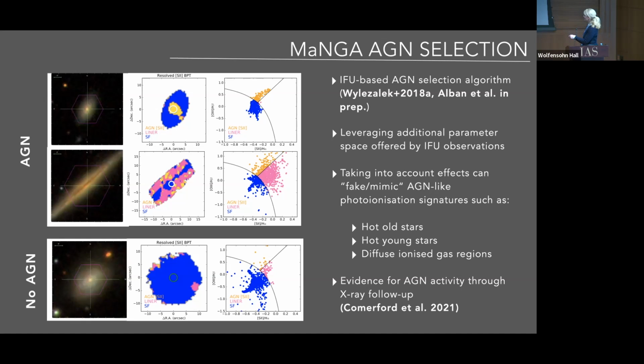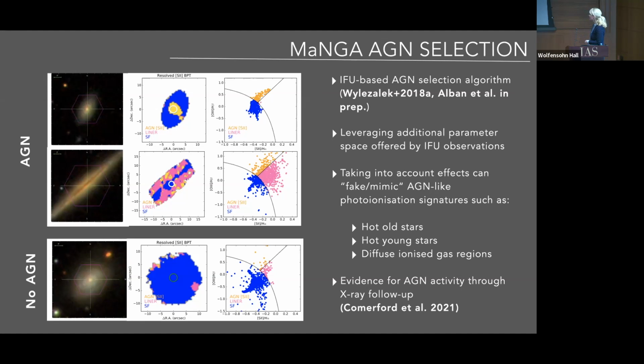But then this galaxy here, for example, we find that it is a likely candidate to host an AGN based on the BPT diagnostics, but based on the single fiber observations, we would not necessarily have selected it as an AGN. So adding this additional parameter space offered by the IFU observation actually allows us to make hopefully a more complete selection of AGN. And we understand that this selection may also be contaminated by some sources, what we call fake AGN,